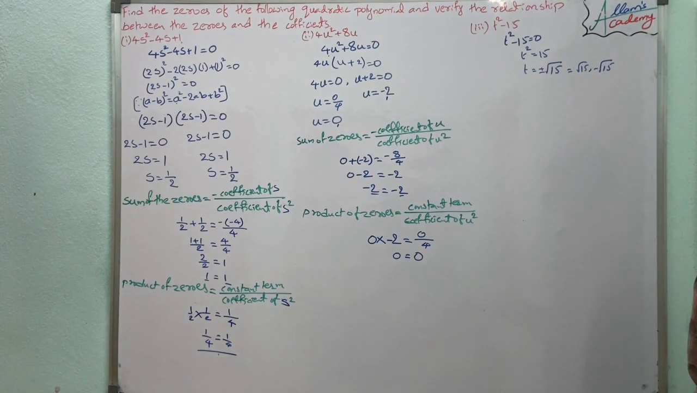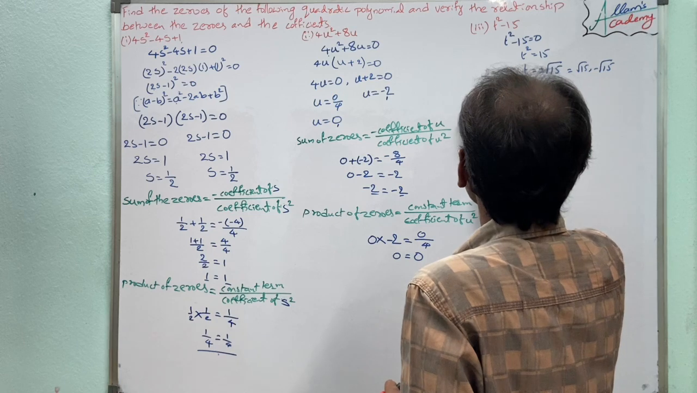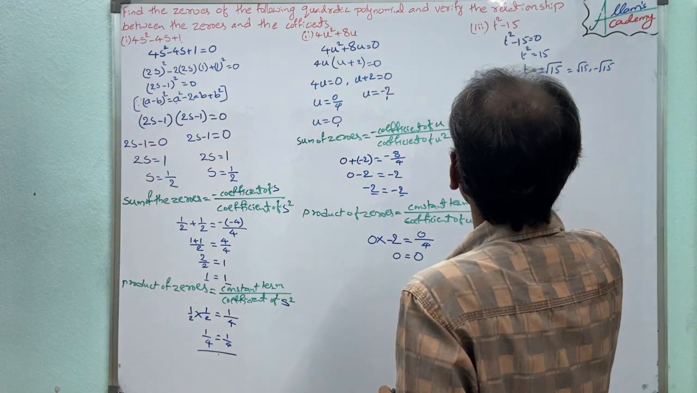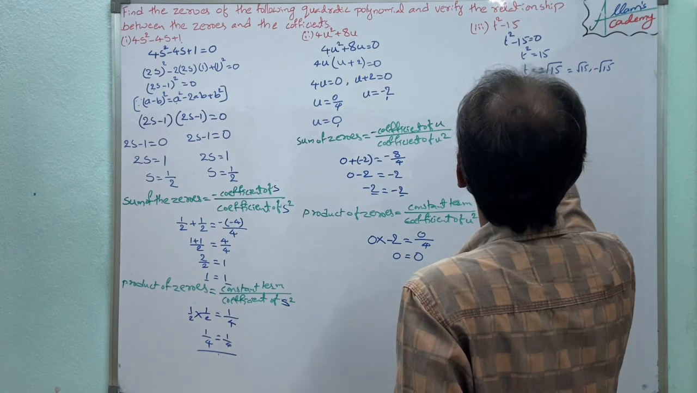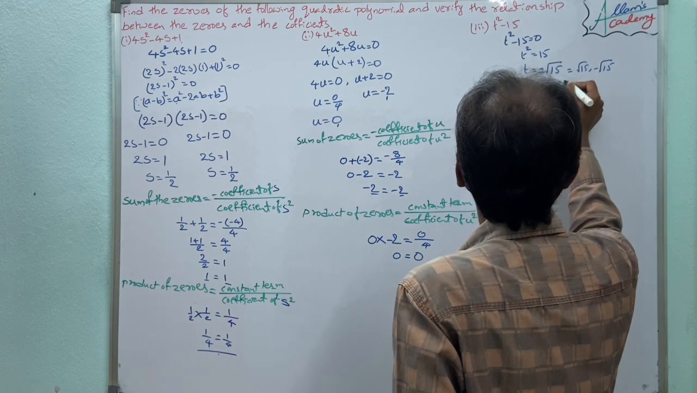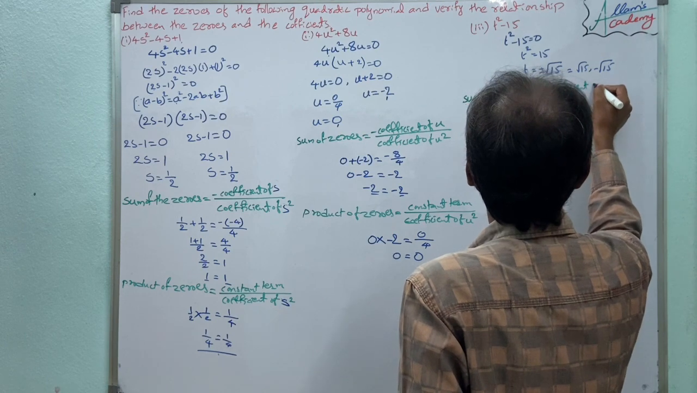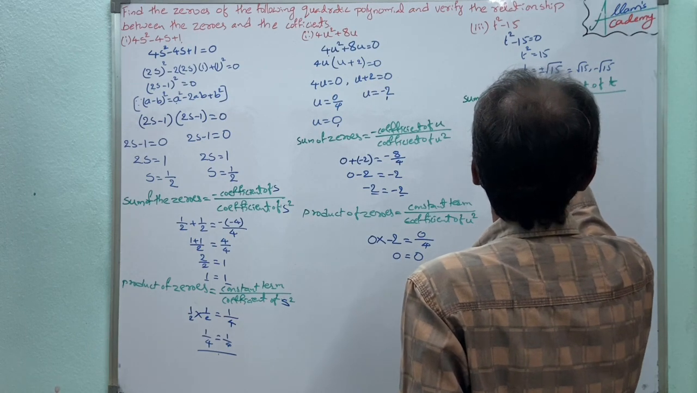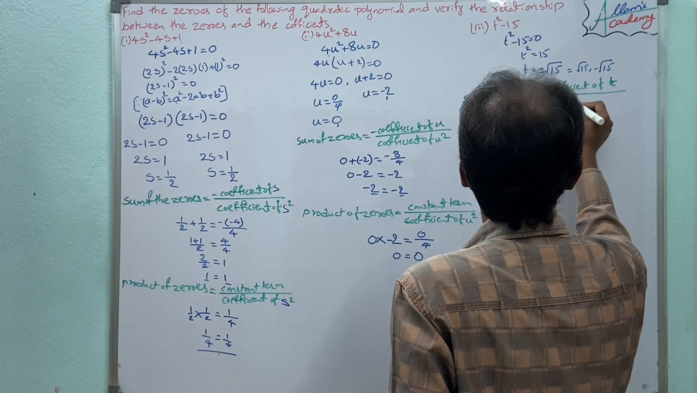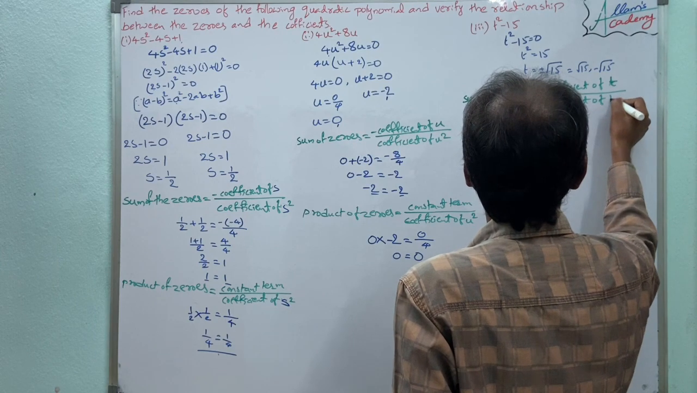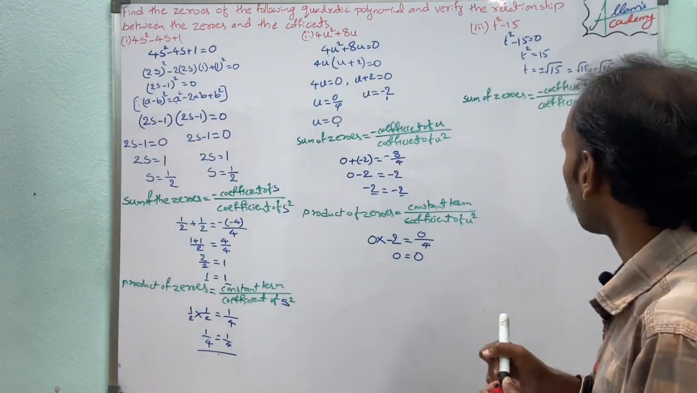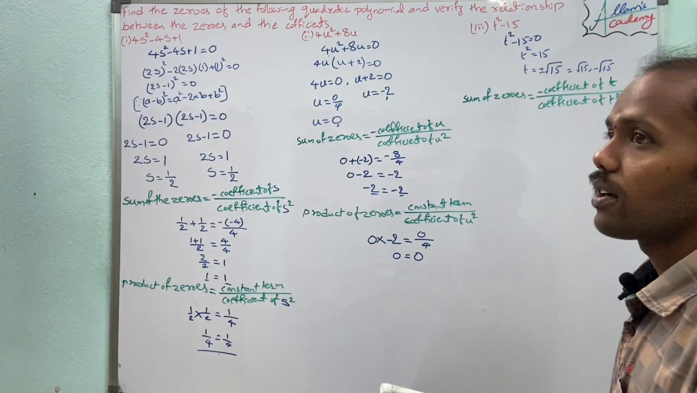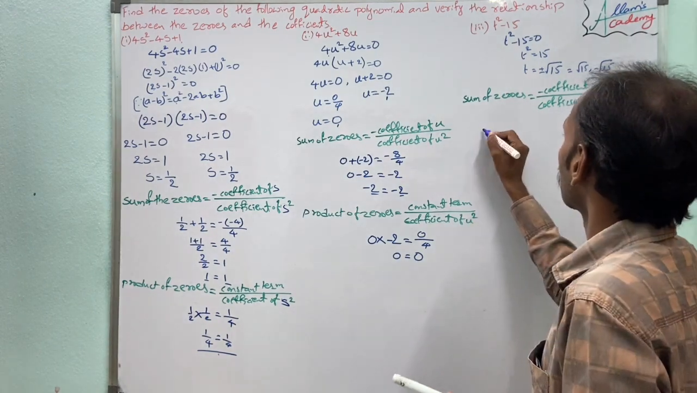So now checking the relationship between zeros and its coefficients. So sum of zeros equal to minus coefficient of t by coefficient of t square. So here the zeros are root 15 and minus root 15, so